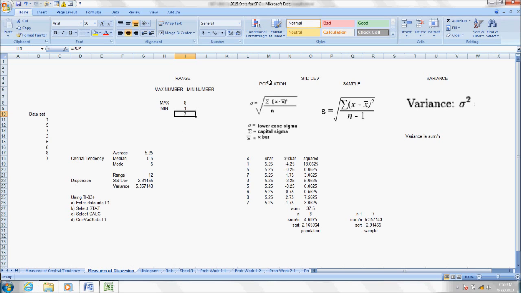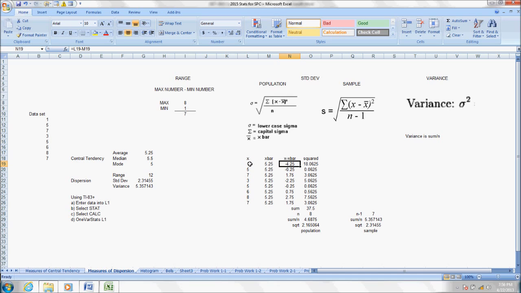For the standard deviation, this becomes much more complex, but basically you have Excel to help you out. I actually did it myself the long way here just to show how to do it. If you just take the number and you find the average of the numbers. So the average was 5.25, and then you take that and subtract your